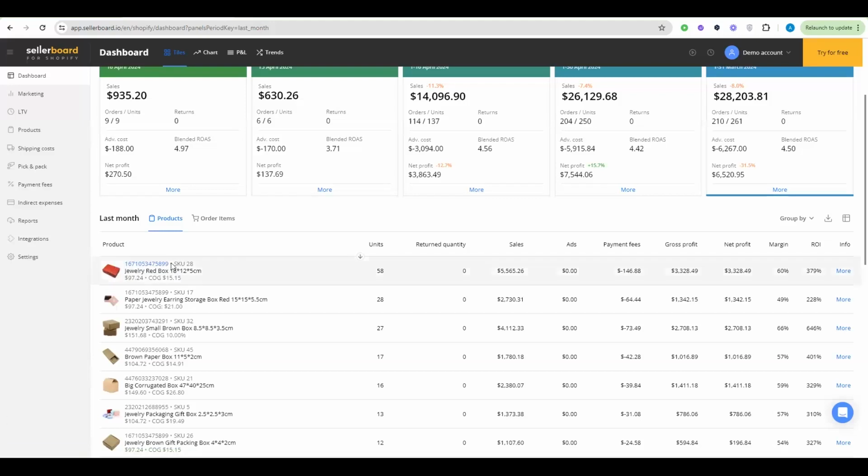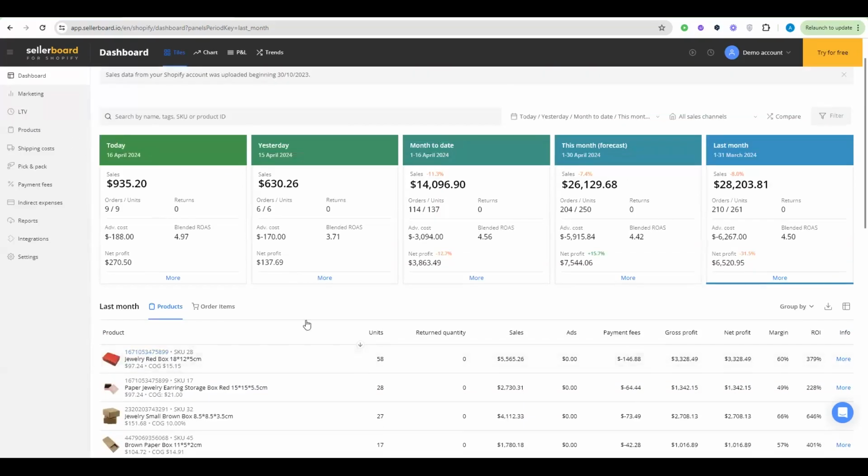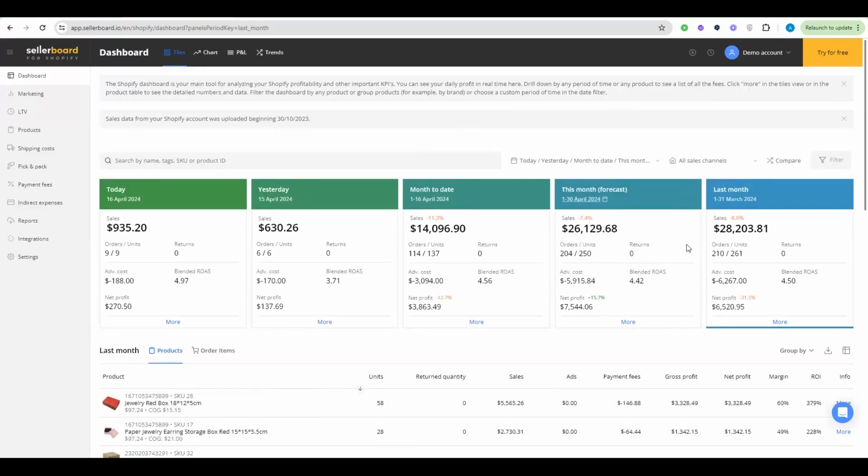So taking a look at what we have for each product, right? We have the SKU, we have the name of the product, we have the price, and we have the cost of goods right here. You have quick access to changing your cost of goods from this part of the screen, but this is just like a gateway to what you normally have in the products tab. I'm going to get there in a second. All right, so these are the main things on the tiles view.